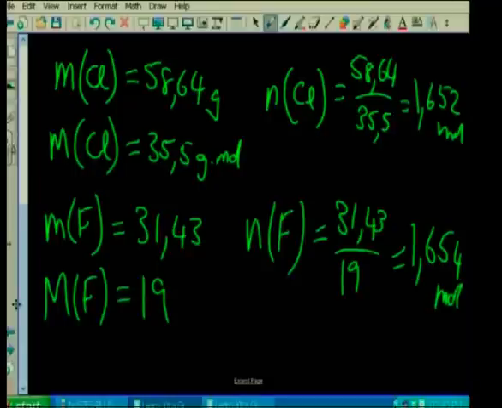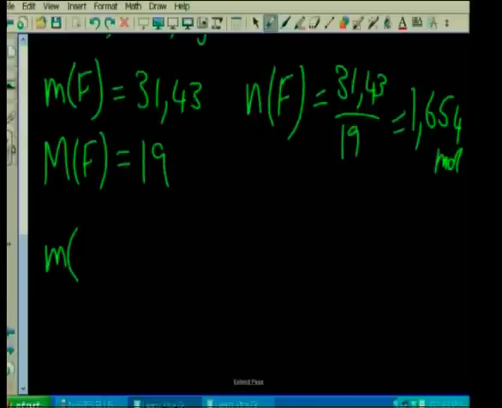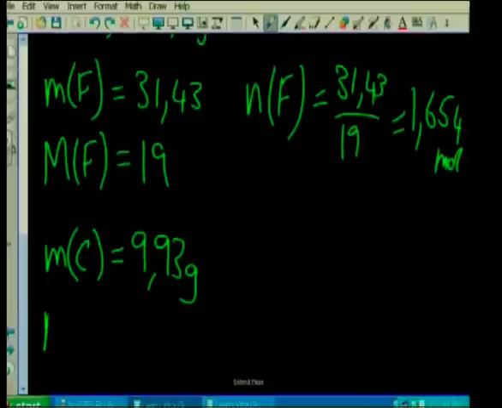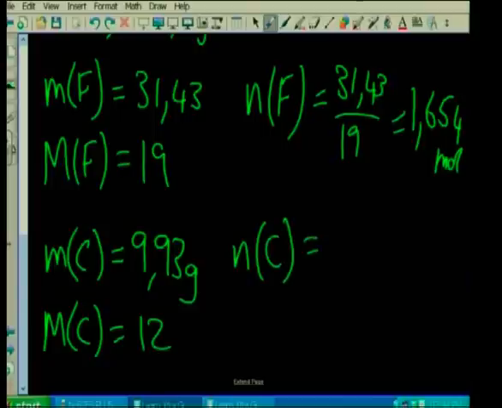The last one is the mass of carbon. I was given the mass of carbon to be exactly 9,93. Remember, this is the mass in 100 grams. That's why we've taken the percentage and we've said, let's pretend we've got a 100 gram sample. And we've said, out of that 100 grams, 9,93 grams is going to be carbon. Then the molar mass of carbon is going to be 12. We know that from the periodic table. So the number of moles of carbon present are